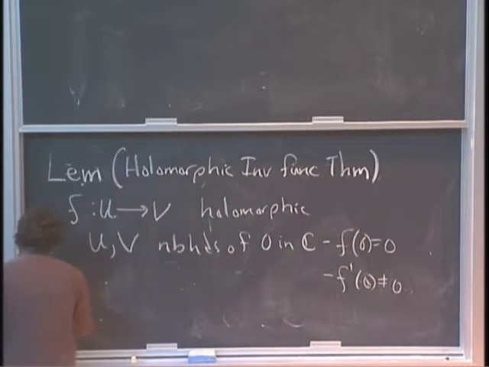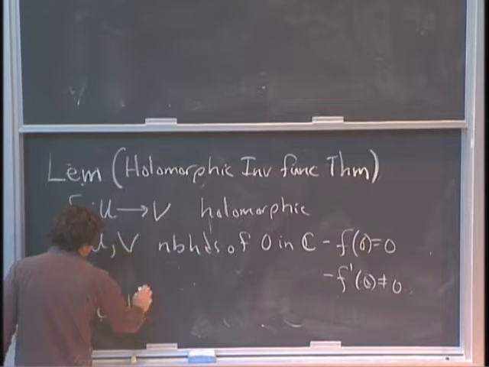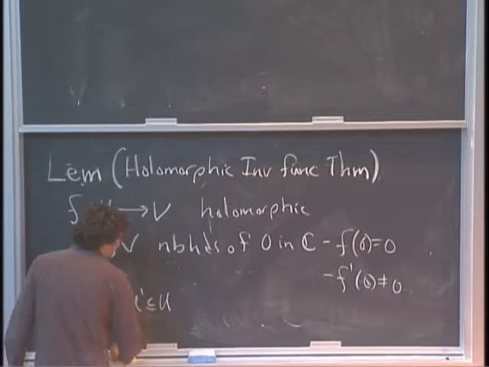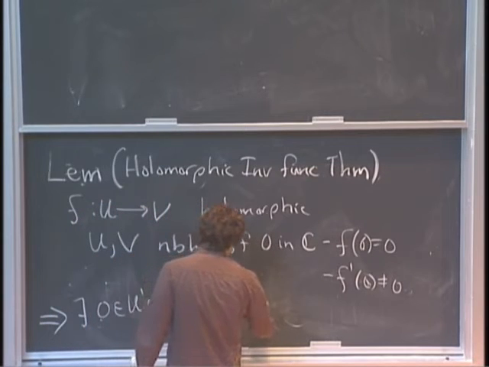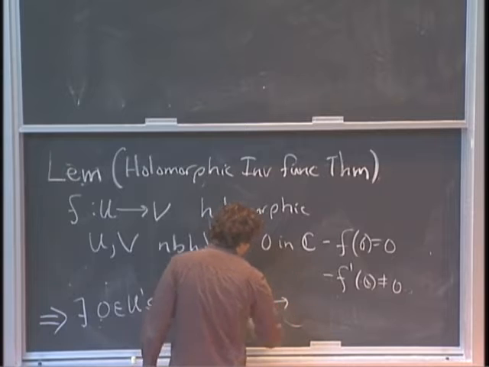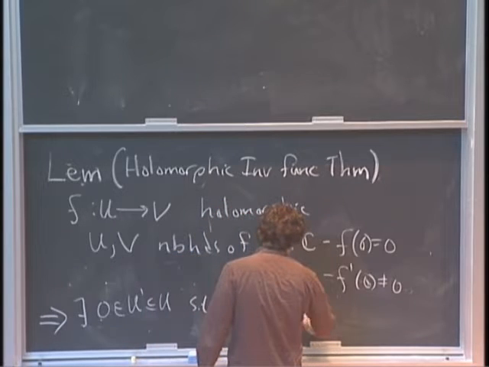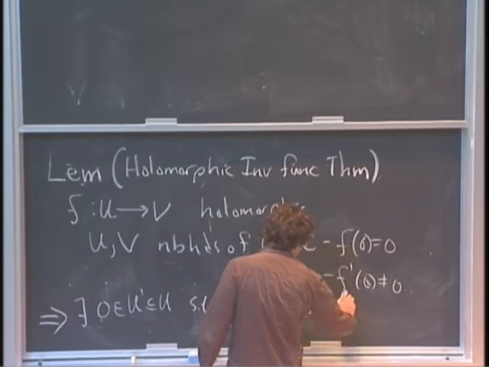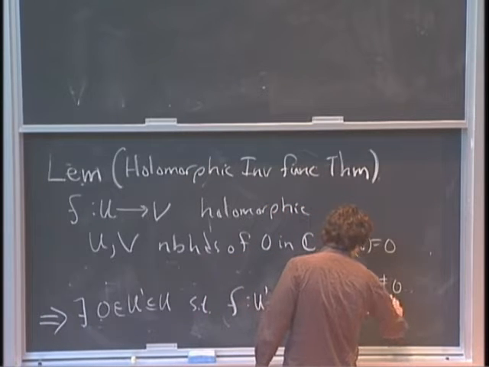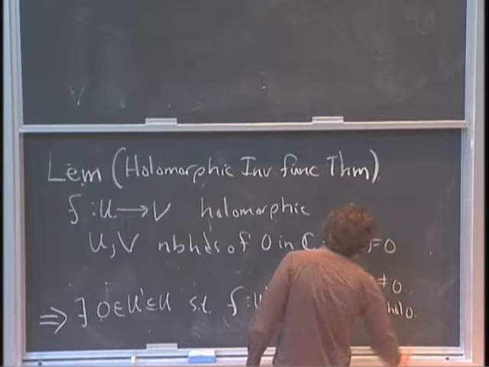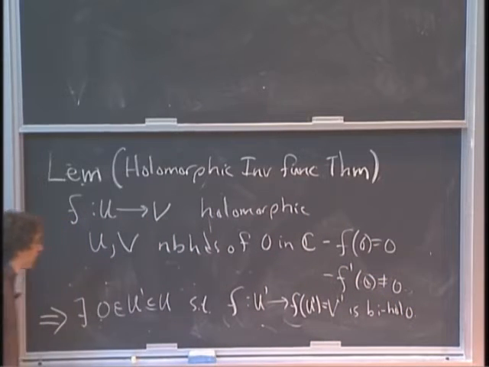So all of this is supposed to imply that there exists a smaller neighborhood of 0 such that f is a biholomorphism. Okay? And so the proof of this,